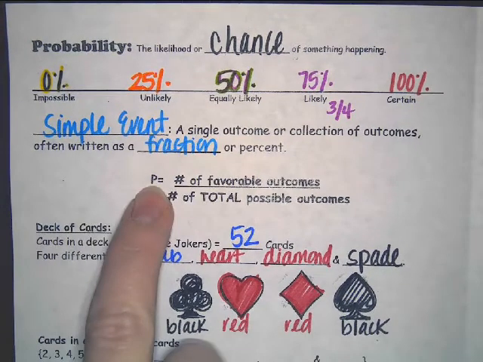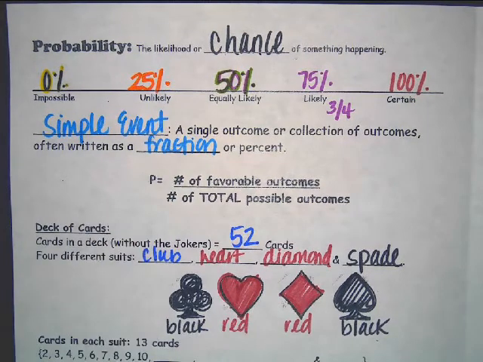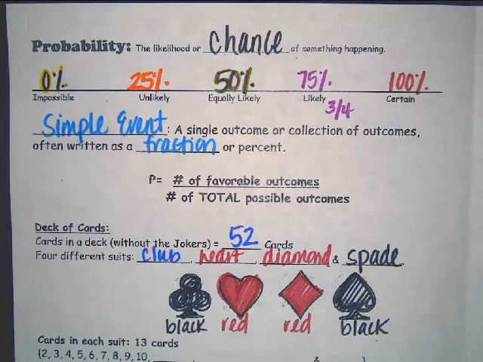When working with P, which stands for probability, to write it as a fraction, the numerator will be the number of favorable outcomes. This is going to be over the denominator, which will tell us the number of total possible outcomes. Let's take a look at some information that we'll need to know in order to compare and write fractions